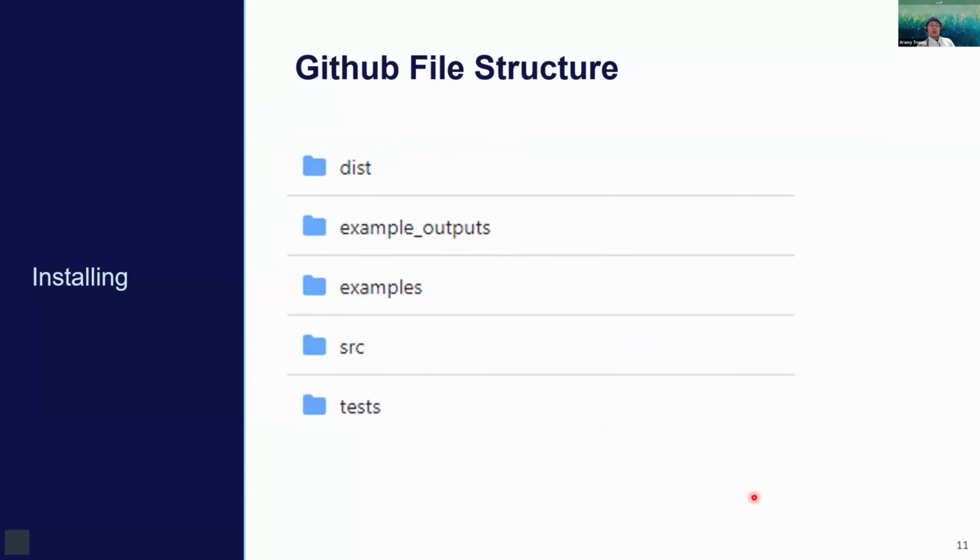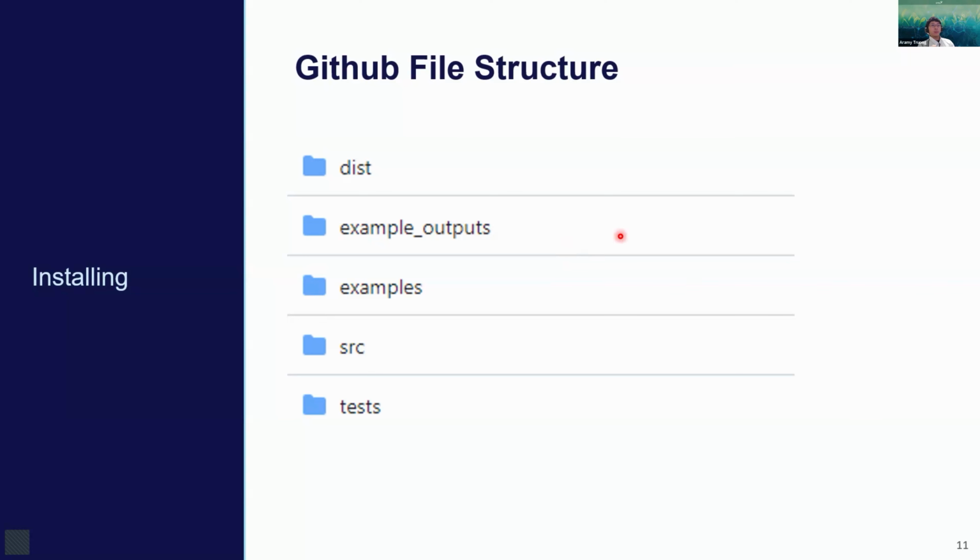And here's the GitHub file structure for PortaChip. It might have changed a little bit, but the overall structure is the same. If you're super new to PortaChip, I highly recommend that you look at the example outputs and examples folders. It has a lot of the example micromodels that I'll be showing later in this presentation, as well as Jupyter notebooks that will get you at a high level from start to finish, from raw XCT data to a micromodel design with markdown documentation all the way through,